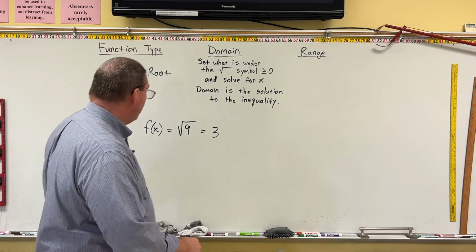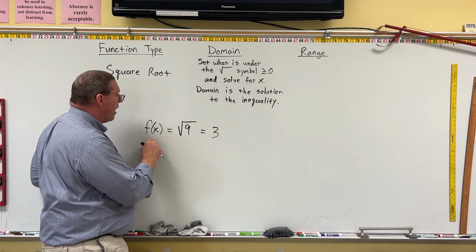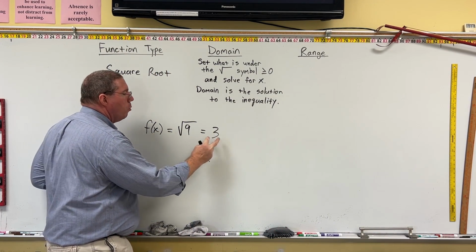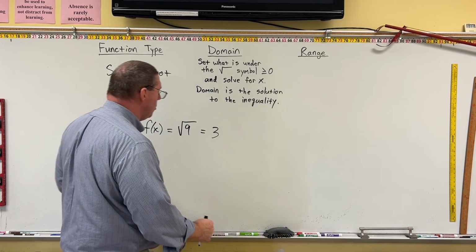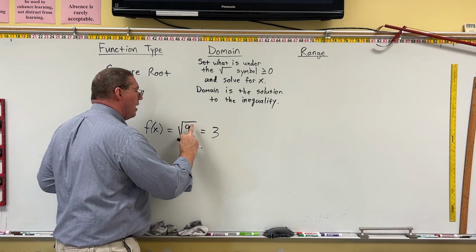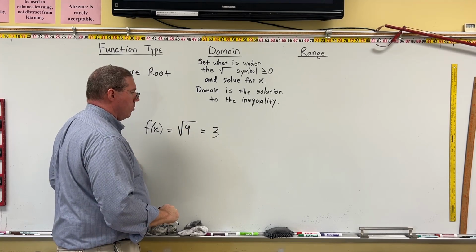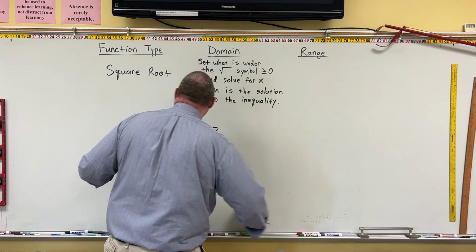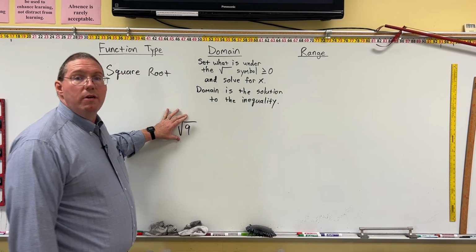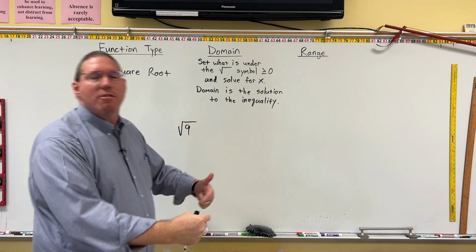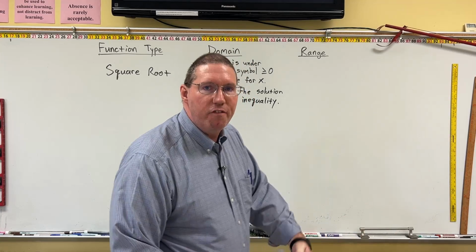Therefore, if we're going to identify it as a function, there has to be only one answer. So we use what's called the principal square root, which is the positive answer. And so what that means is that for any square root function, the answer has to be positive,